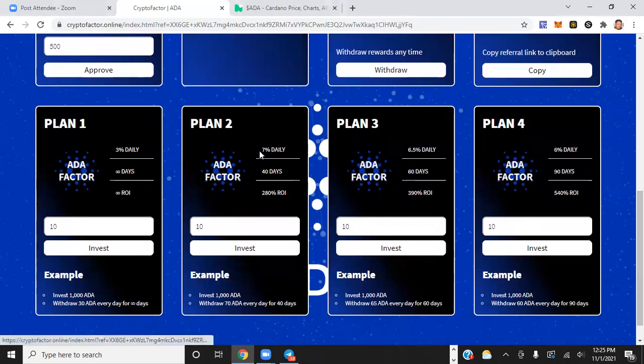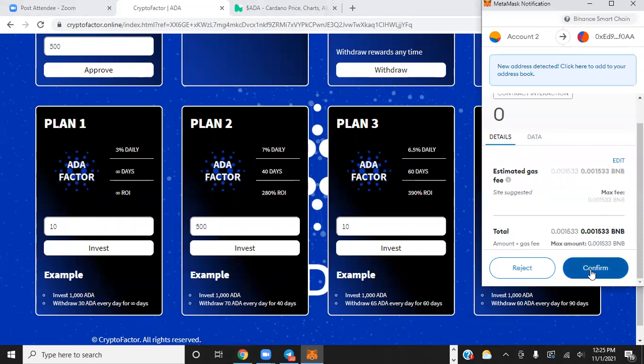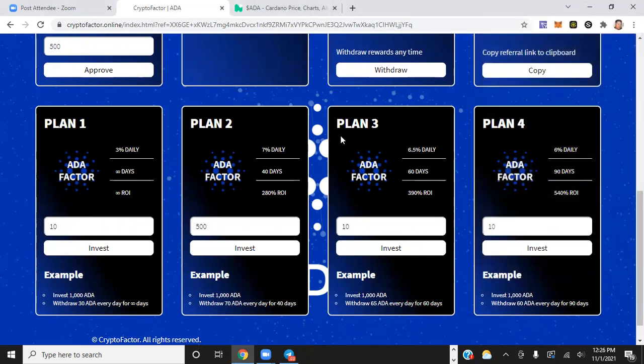And then I just go here. I'm going to put it into the 7% daily for 40 days. This one you can put into 3% for unlimited days, or you can go into these other ones. I'm going to go ahead and put the 500 ADA in here. And let me